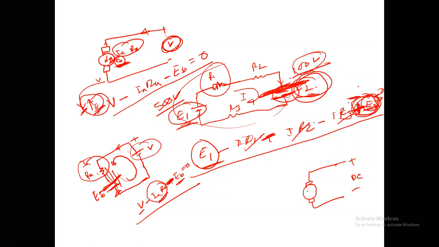This is the armature rotation, this is the brush, positive brush, and this is the negative brush. Then armature brush, if this is positive voltage, then the rotation circle goes this way. Why the rotation? Our mechanism is the